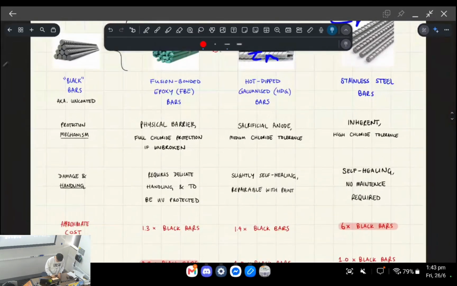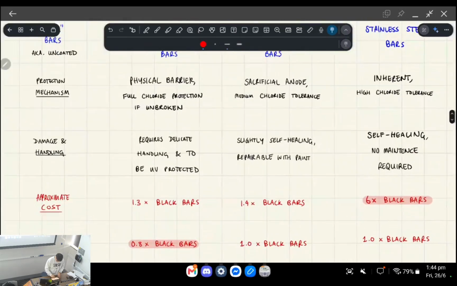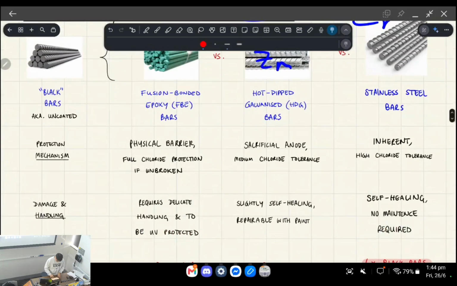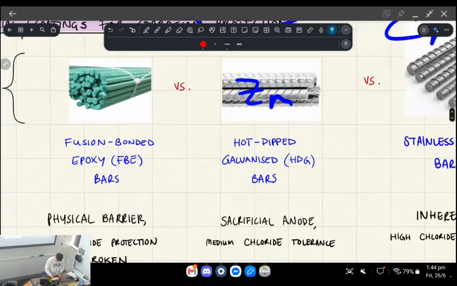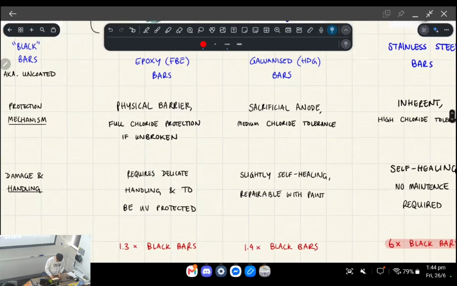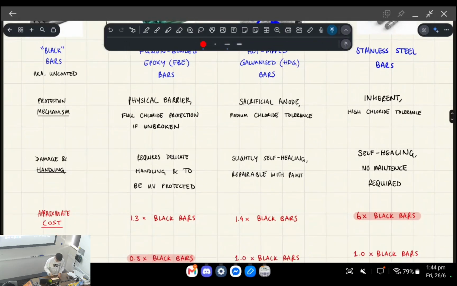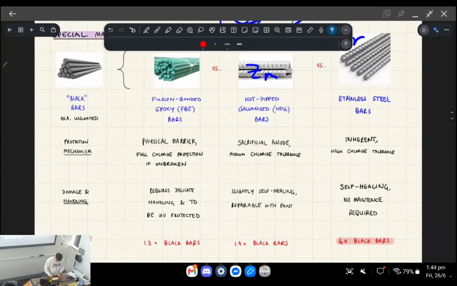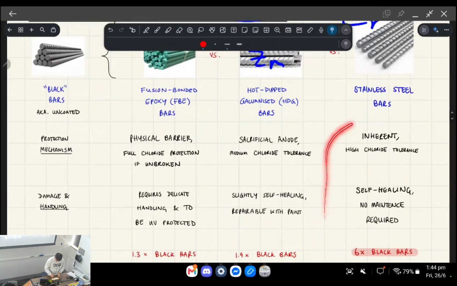In terms of damage, the problem with fusion bonded epoxy is that the protective layer can actually get chipped very easily, okay? And also it needs to be UV protected, so you can't leave this out in the sun. Hot dip gal is quite good with self-healing, right? So the galvanized protective layer actually self-heals over time. And also is patchable with paint. So if you have a zinc-rich paint, you can also coat over areas that have been bruised on site more easily. And then stainless steel is also self-healing, and it's easily the best in terms of corrosion protection,